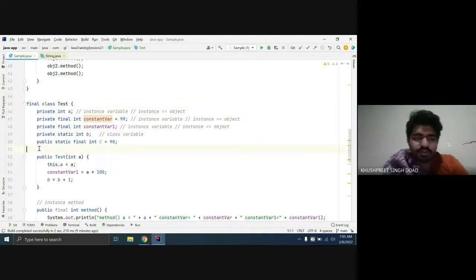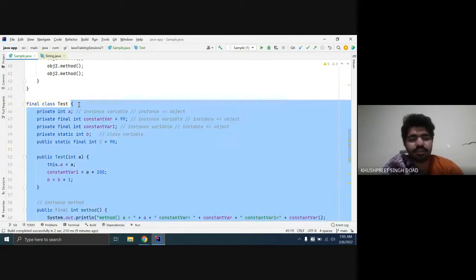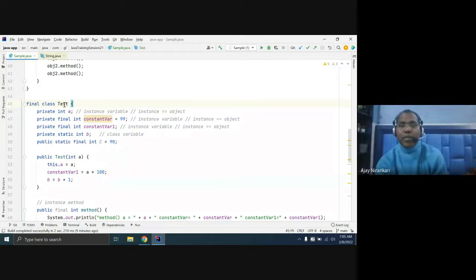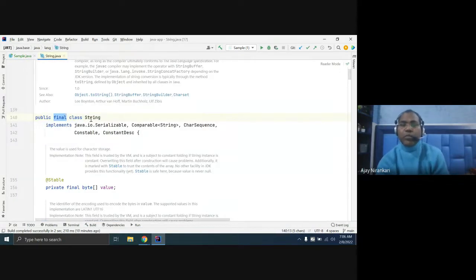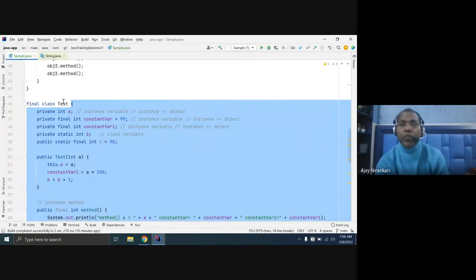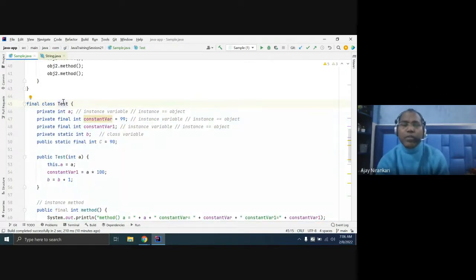So what is the benefit of this class if we can't inherit any method or anything from it? I'm the designer. I want to say this class is sufficient. I don't want anyone to inherit this feature of mine. Just like the String class, the Java designers don't want anyone to inherit and create a new String class. No, this is purposeful. Sometimes you allow inheritance, sometimes you don't want inheritance. So this is the mechanism.